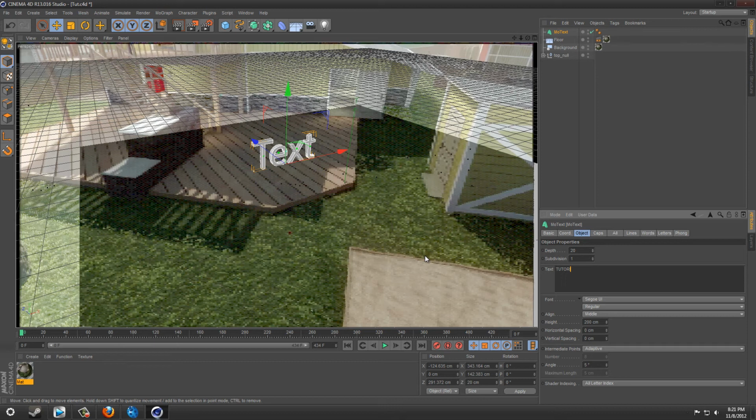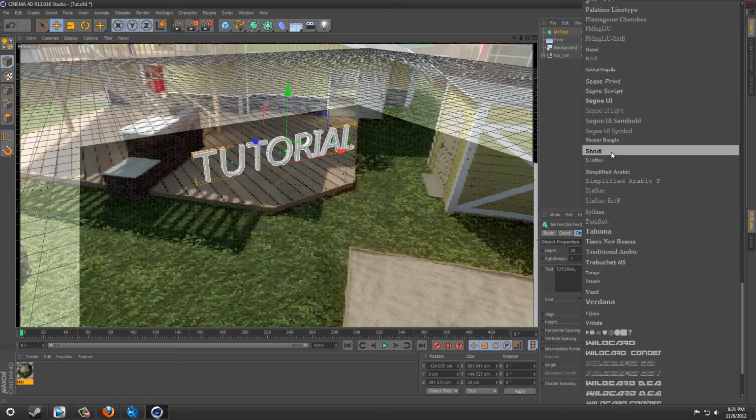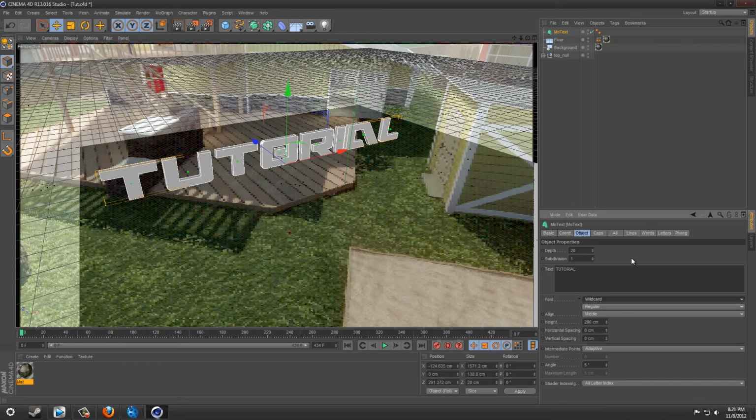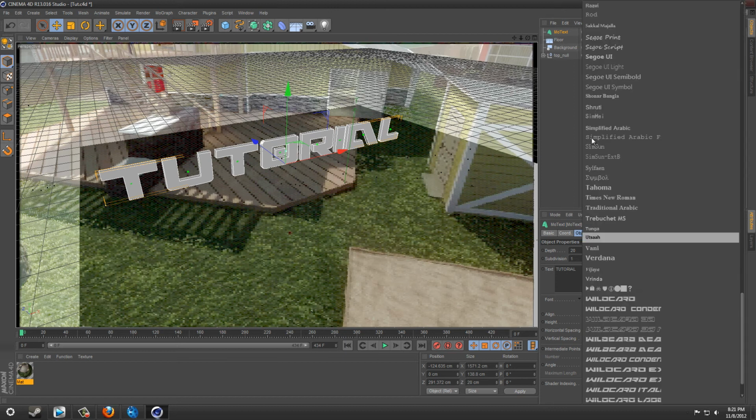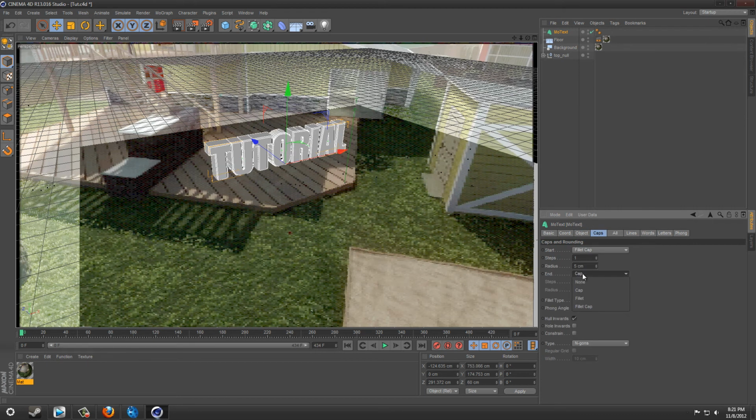tutorial, and go ahead and put that in impact or wildcard. Actually, I like impact. Okay, just give it a little bit of depth. Caps. I always add a fillet cap, even if it's a small one, just because it kind of rounds the edges a little and it looks nice. And make sure you change the steps if you're going to add a fillet cap, so it keeps a rounded